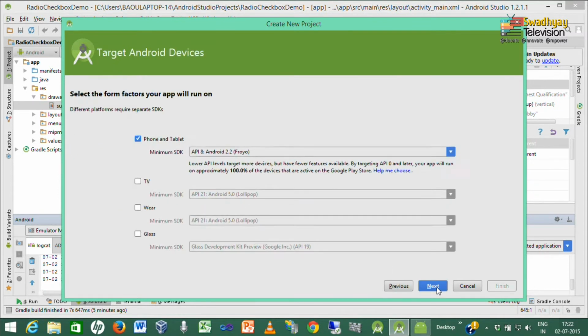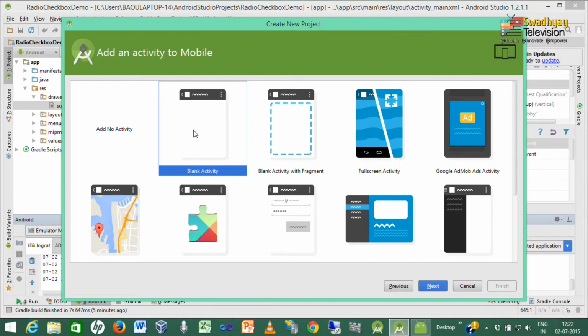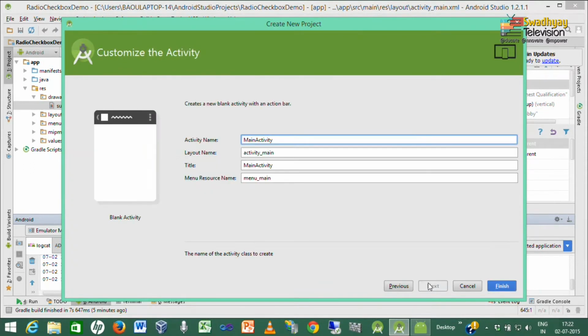We press next. Here we always select the minimum SDK as API 8, Android 2.2, and then we press next. And we select one activity, normally a blank activity, and our activity name is display activity, it displays our information. So, we give it the name display activity and then we press finish.